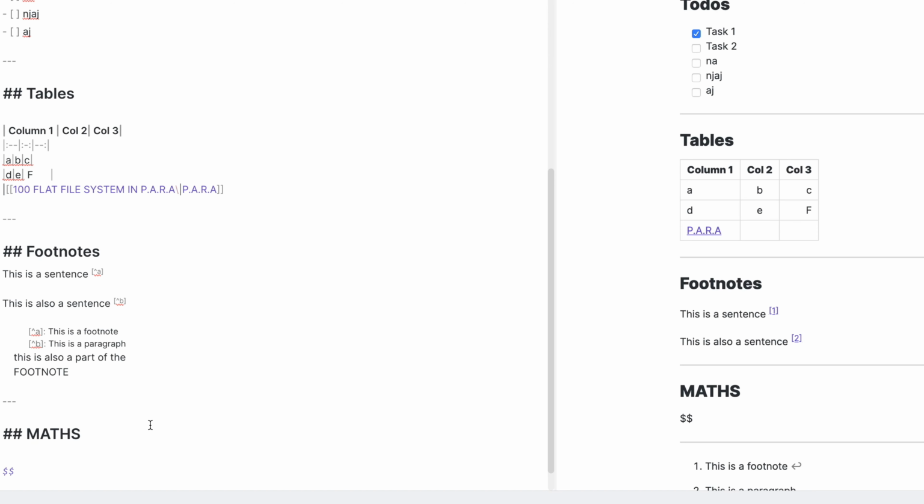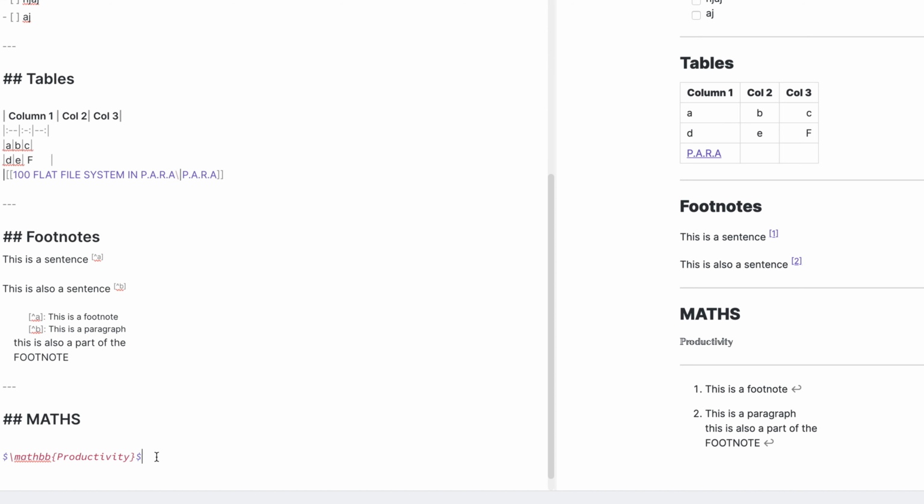So in this case, I want to show you the power of it. So what we'll do is math bb. It's saying missing argument, but trust me, it's there. Let's close it. Now it doesn't cry anymore. Let's say productivity. Copy this again, leave a space and say Guru. So you can see this interesting text it's created. This is all part of the maths function.